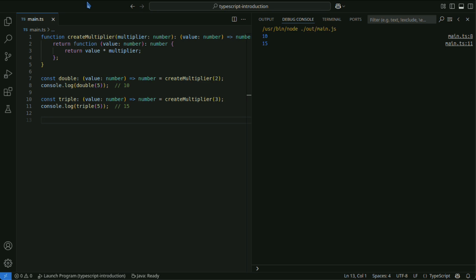CreateMultiplier is a higher-order function that creates a function to multiply by the number it receives as an argument. The inner multiplication function also takes a number and returns the result of the multiplication as a number.